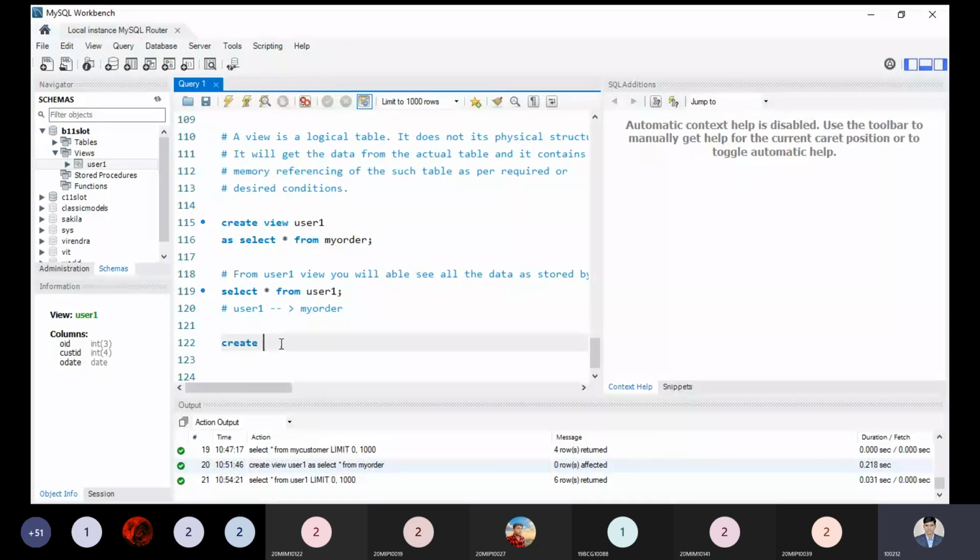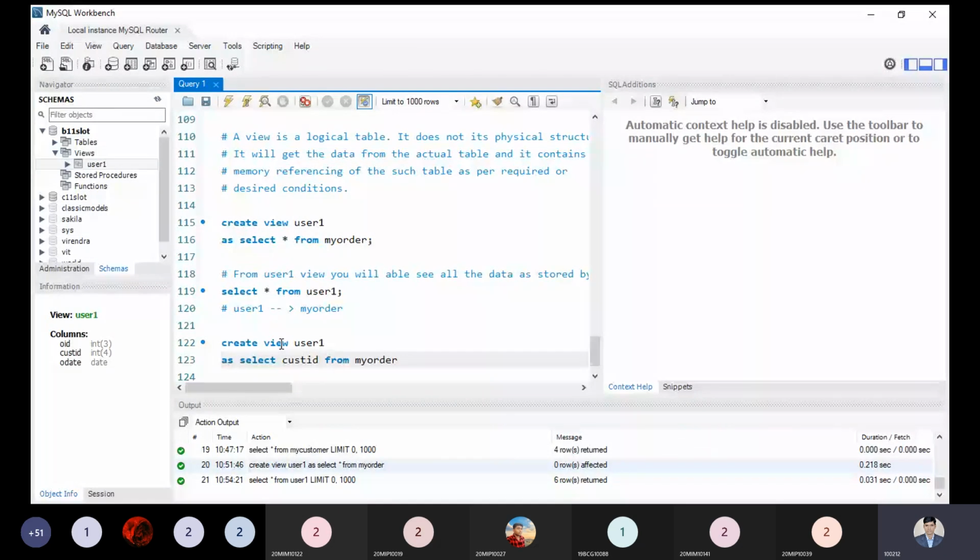Create view, and I'm writing user two as select. I need to choose only the customer ID from my order. If I need to put any condition, then you can put the condition.